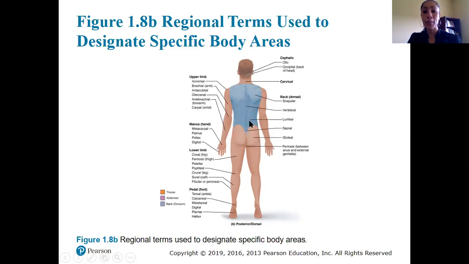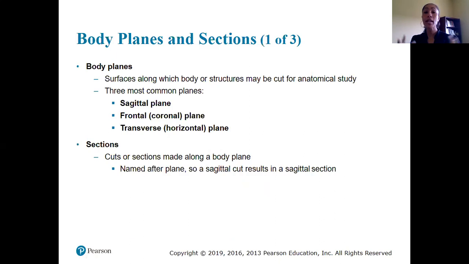Lumbar is the term for your lower back. Sacral is that lower portion of the posterior side of your back getting into the pelvic area. And then perineal is the area that we find between the anus and the external genitalia. So like I said, you do want to commit to memory all of these terms representing the different